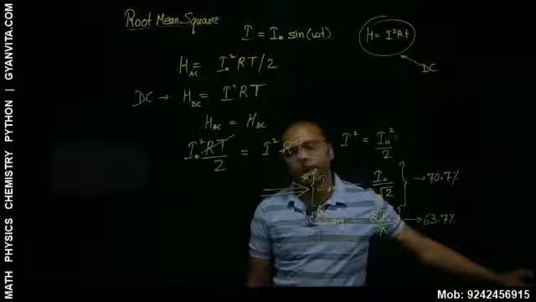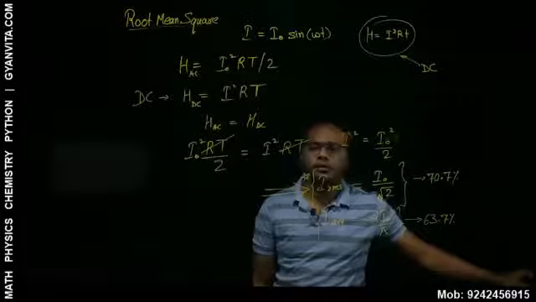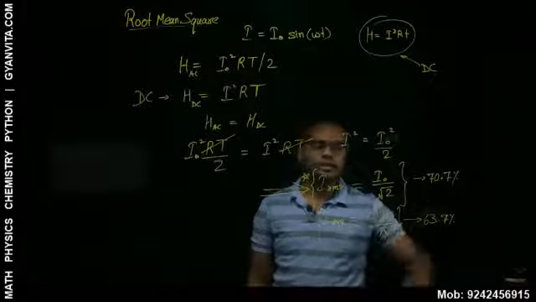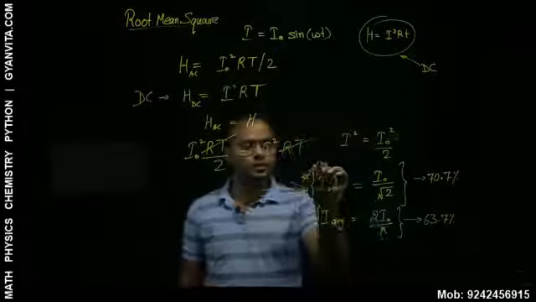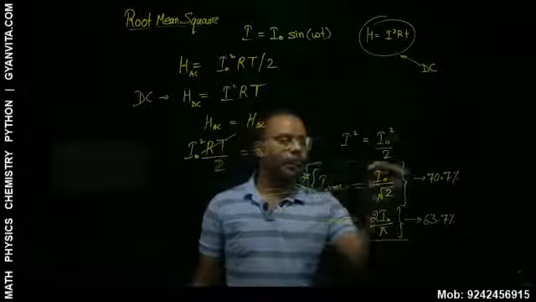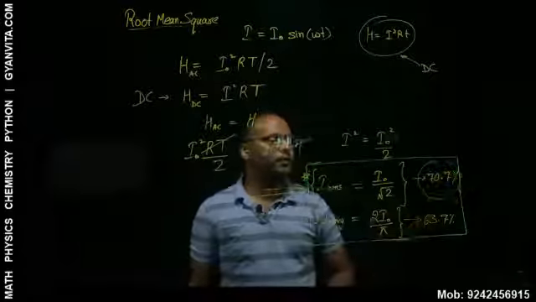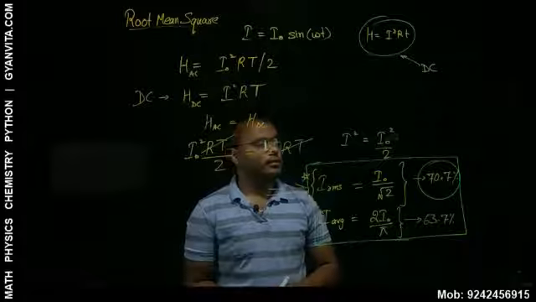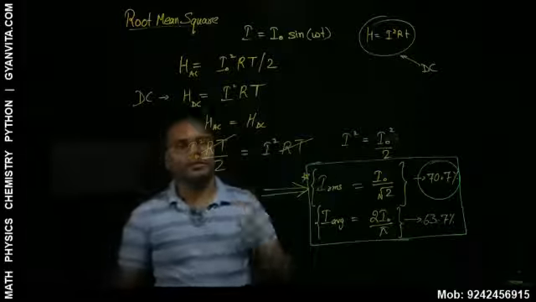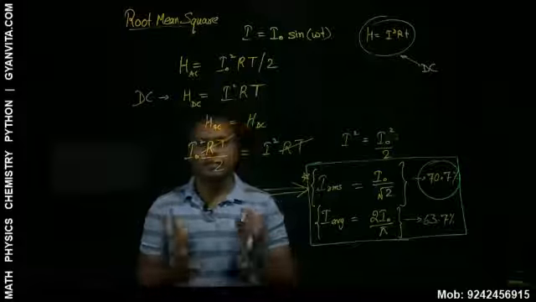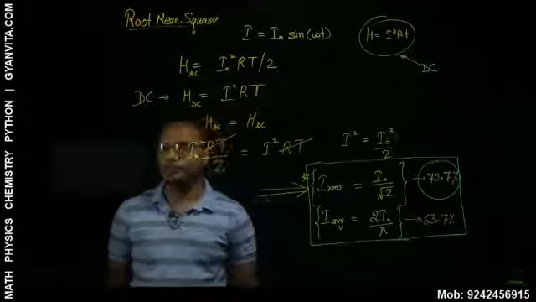And the same thing will happen with EMF as well. For EMF also, you'll have to do the same thing, and you'll get the same 70.7%. These two expressions, the RMS value and the average value, are very important. What we use more in practice is the RMS value. You will see your devices, bulbs or chargers, and the current mentioned there is actually this IRMS current.